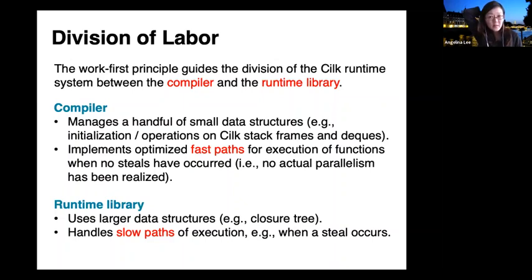And so I am referring to the operation where there's no actual parallelism and you're just mirroring the serial execution as the fast path, and anything involving computation that has actual parallelism, where you need to manage things when you're returning from a spawn function or when you execute a sync, is the slow path. And I will point out more detail on that when we get into the example of how we organize the runtime data structure. Let me just say the notion of fast path and slow path is one of the Bentley rules we saw right at the beginning of the class.